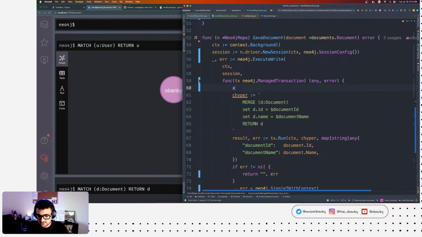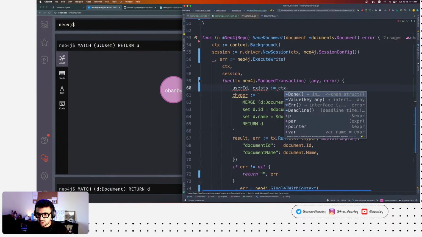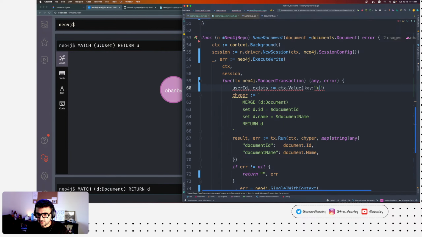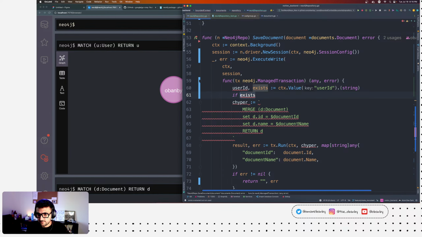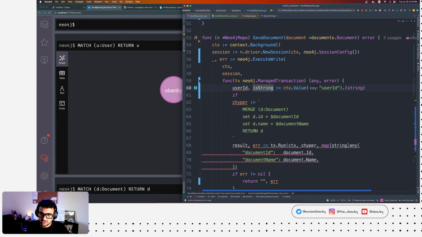So for example, you can say user ID exists, and you can say context.Value("userID"), right? And you can say, for example, it's a string. Actually, you can call this as string.